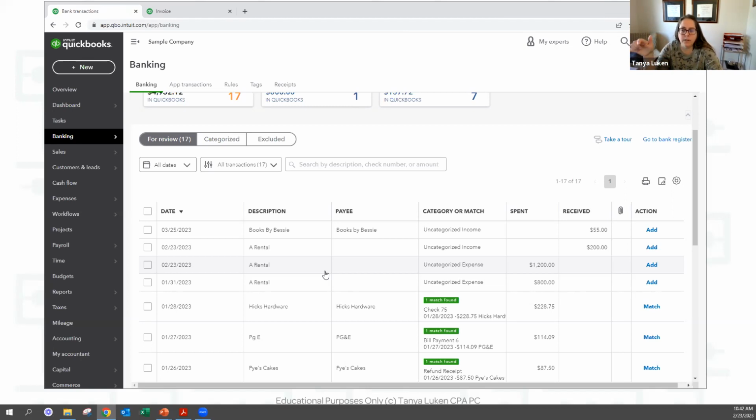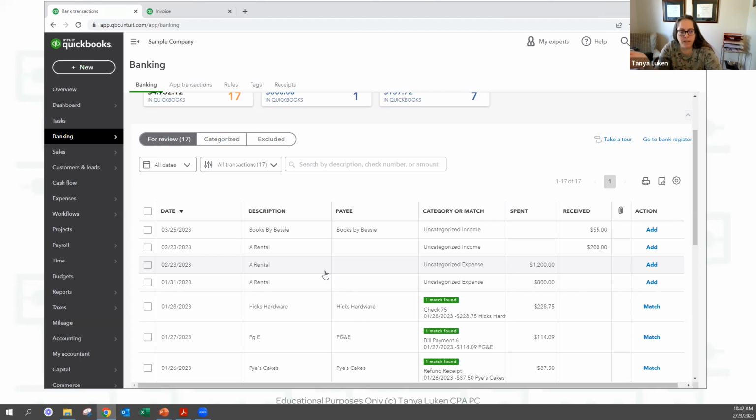The other thing you can do with it: I have a client that has an HVAC company, and they have a fleet of vehicles, and there are loans on the vehicles. You can create rules that say, when you see US Bank financing for a truck and it's this dollar amount, record it to this loan account. When it's a different dollar amount, put it in this different account. So you can create rules with dollar amounts as well.